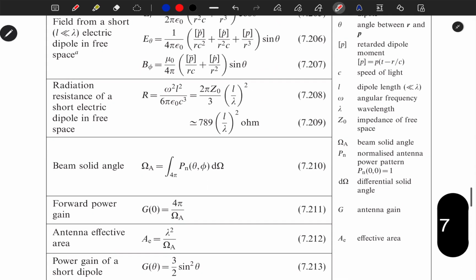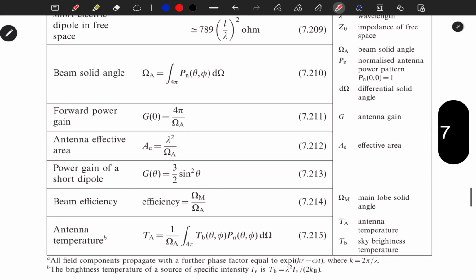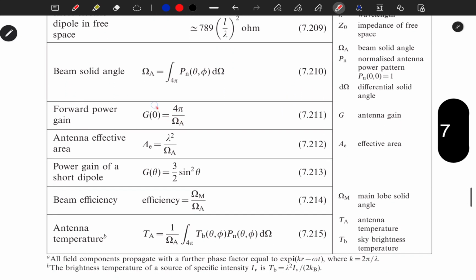Radiation resistance of a short electric dipole moment in free space, R is proportional to (L by lambda) to the power square ohm. Beam solid angle Omega equals the integration of Pn d omega over 4 pi. Forward power G0. Antenna effective area A equal to lambda square by Omega A. Power gain of the short dipole, beam efficiency, antenna temperature,